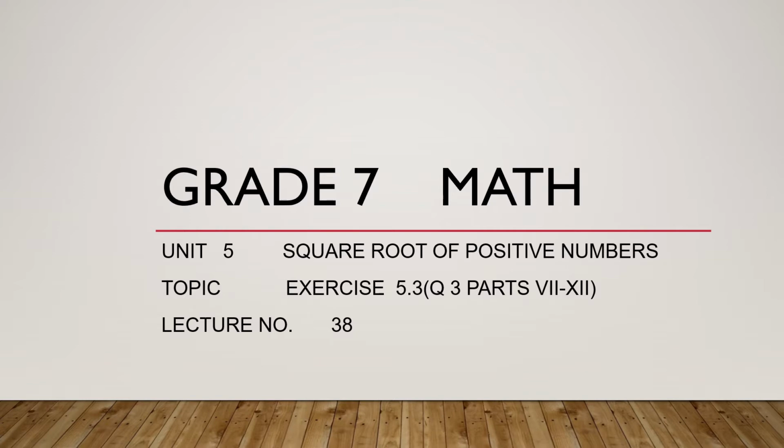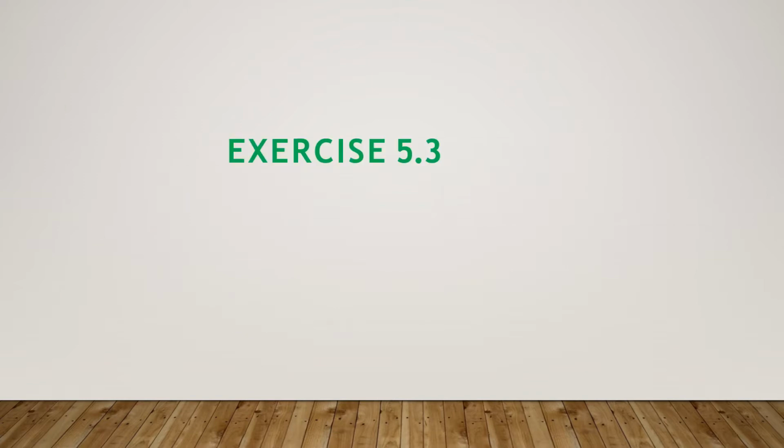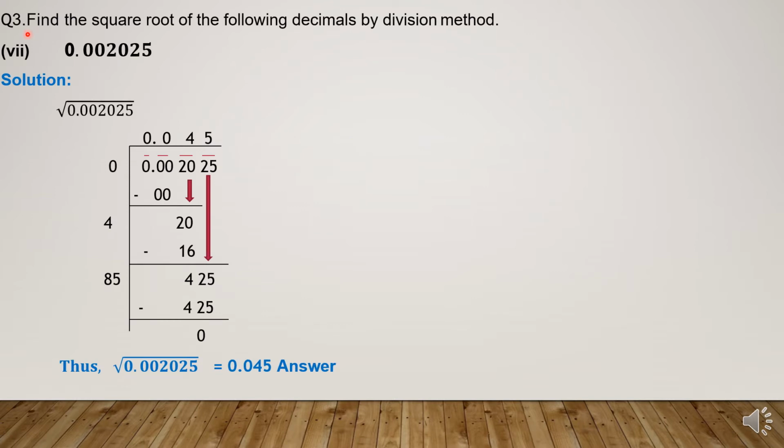Dear students, in today's class we will solve the remaining parts of question number 3. Exercise 5.3. Question number 3 is find the square root of the following decimals by division method. Decimals are given to you and you have to find square root of these decimals. Part number 7th that is given to you is